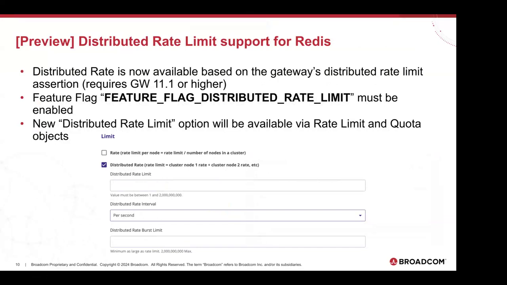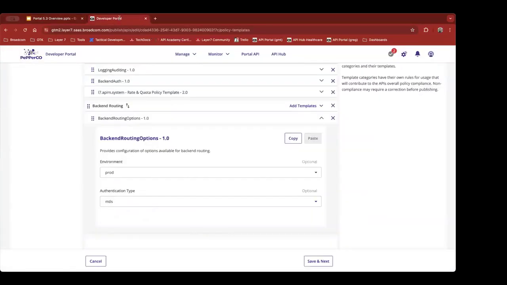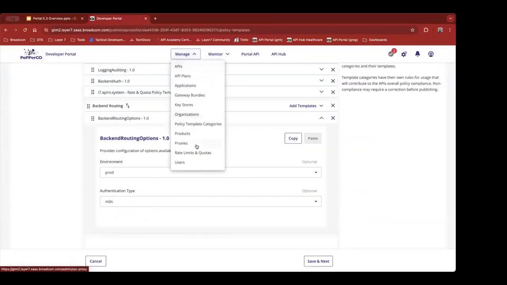Once you do that, when you go to edit a rate limit in quota object, you will see a new option here called distributed rate limit. I'll just jump over and show that live here. So if I go to manage rate limits and quotas,